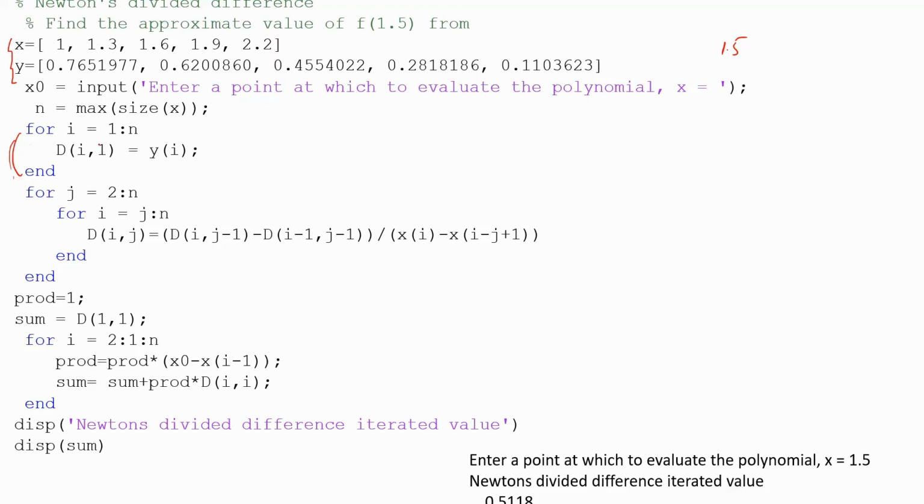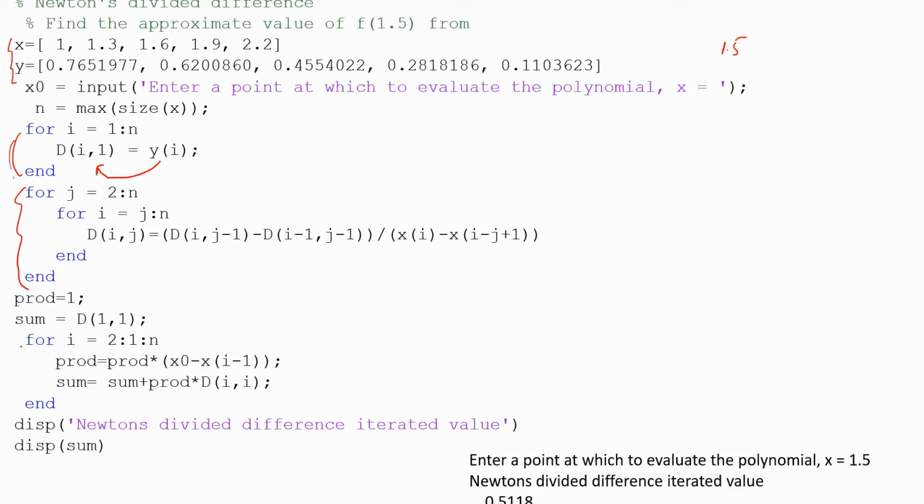Then this part is mainly giving a variable d the same value as y. It is doing nothing, just creating another variable in which d11 will be same as this, d21 will be same as this, d31 will be same as this, and so on. And this part is calculating the coefficients a0, a1, a2, and so on, like it is creating a divided difference table.